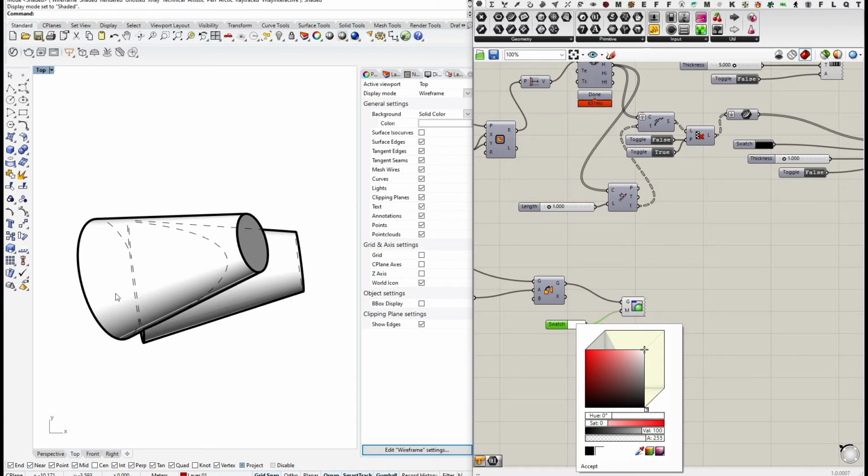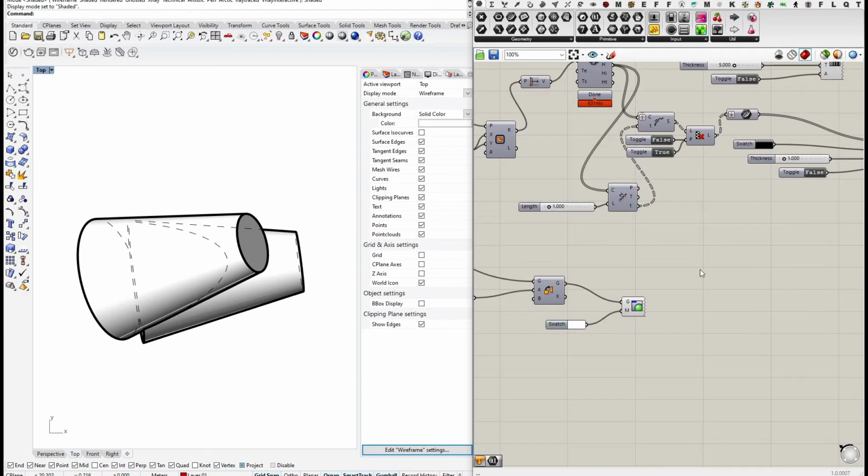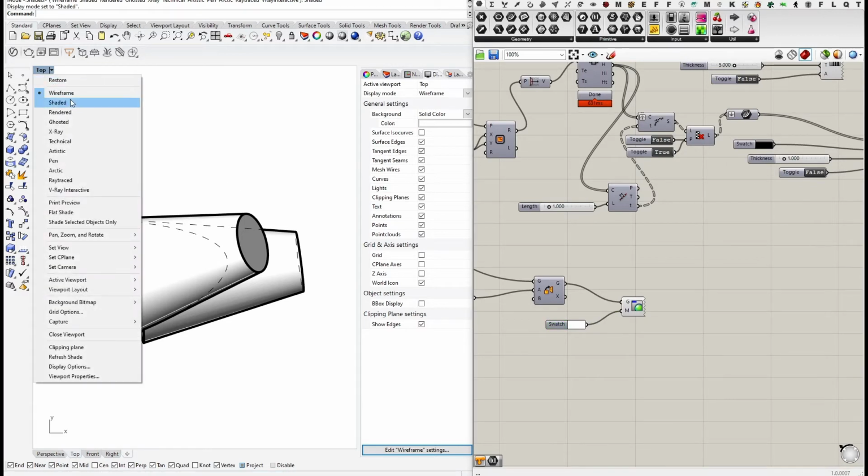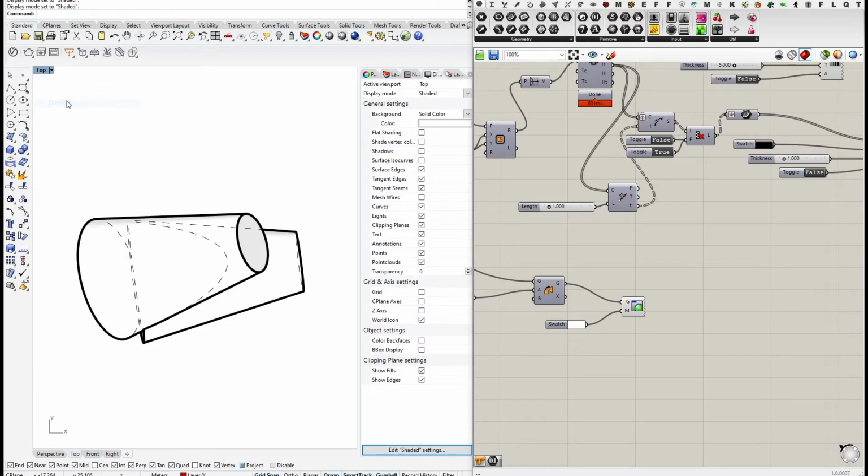So this is also kind of nice that you automatically get some kind of shading. This is also dependent on the type of viewport you're in Rhino. So we're currently in wireframe. If I switch to shading, the visibility of this object already changes. And if I go to rendered